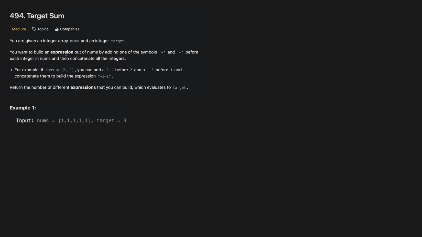Hello everyone, welcome back. Let's talk about another medium problem on Leetcode today. Target sum, Leetcode 494. In this problem, we are given an integer array nums and an integer target, and we